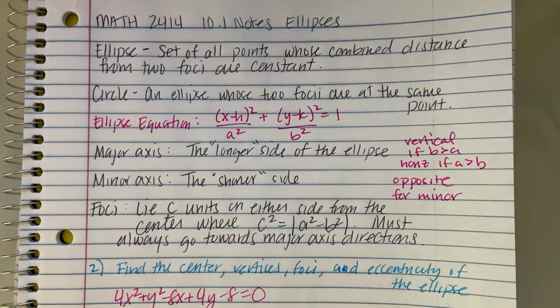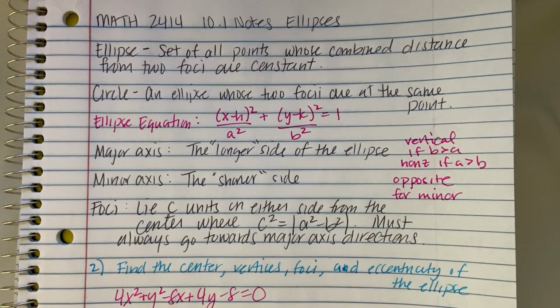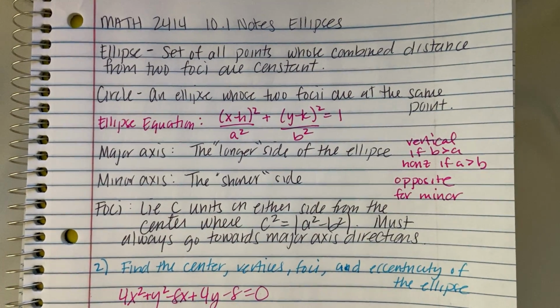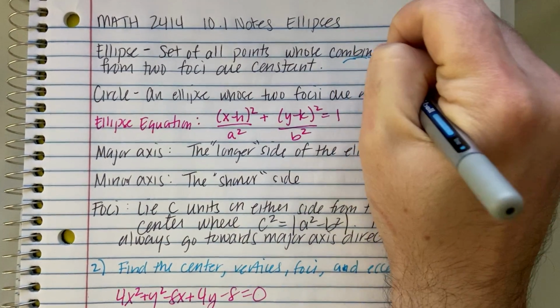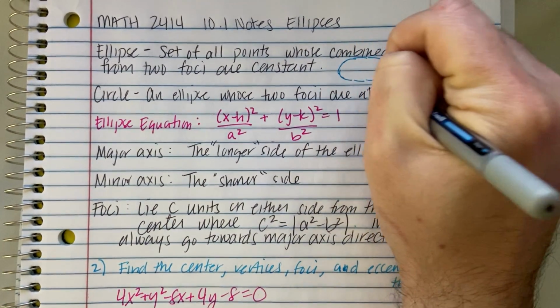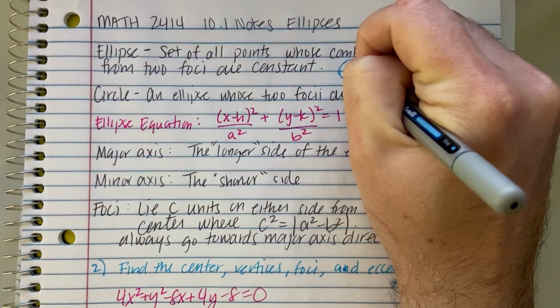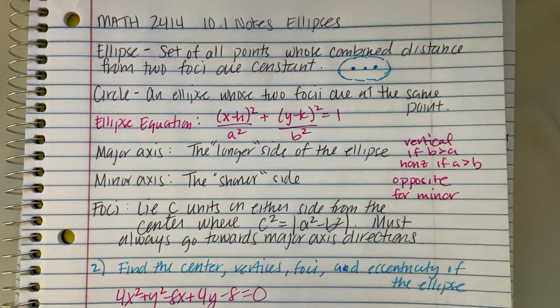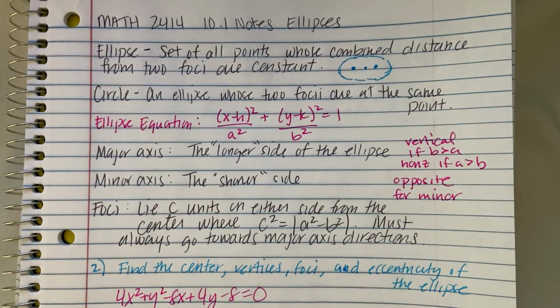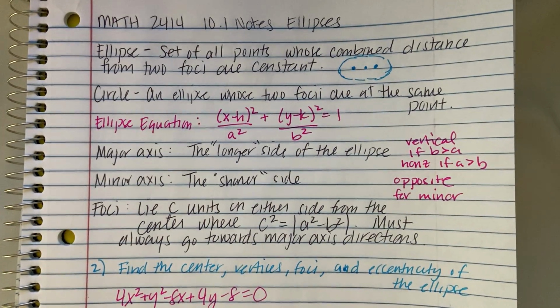Okay, calculus, let's talk about an ellipse. It's the set of all points whose combined distance from two foci is constant. It really looks like an oval, something like this. So it has two foci, which are on either side of the center. And any point on there, if you add the distance to each of the foci, they all add up to